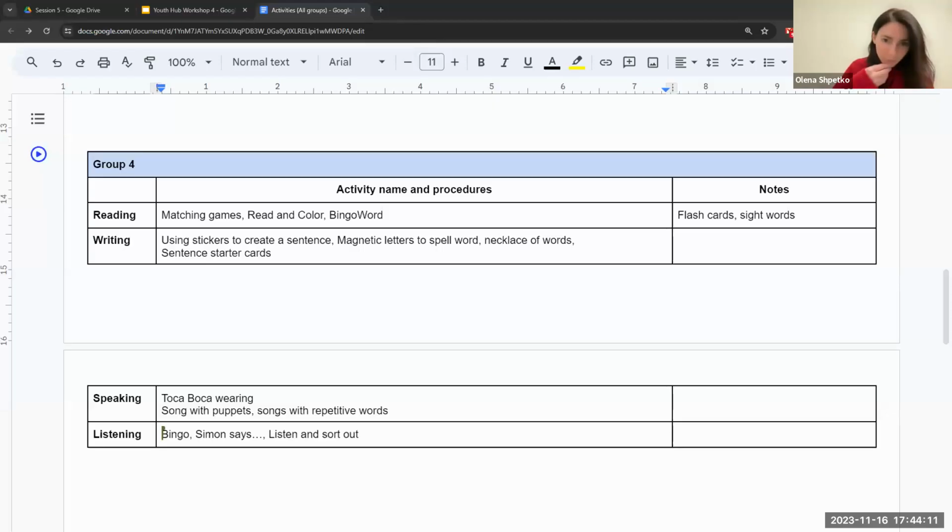About listening, Olena will tell. There's actually not much to add for listening. Again, we're talking about using a lot of songs, miming, repetitive songs that have a lot of repetitive words. A good one, like group number 1 mentions, is using Simon Says for practicing classroom instructions, rules that students mimic, and they get into the habit of doing, and they know what the teacher wants from them when they're not